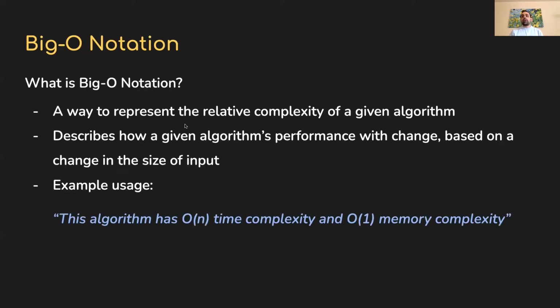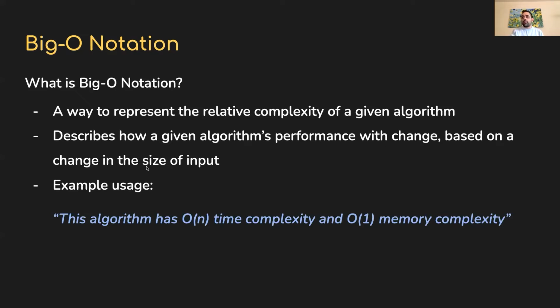All right, so probably a question on your mind is, what exactly is Big O notation? Simply put, it's a way to represent the relative complexity of a given algorithm. Again, relative is a key word here. We are not actually measuring how long our algorithm takes. That's a different concern. We just want to know relatively how our algorithm is going to perform based on changing